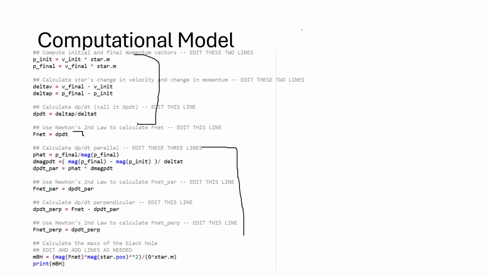This goes back to our Fnet, our parallel and perpendicular stuff earlier. Like here, for example, we said earlier that Fnet equals dP/dt parallel plus dP/dt perpendicular. So we'd subtract it from Fnet to get our dP/dt perp. And then here we have our